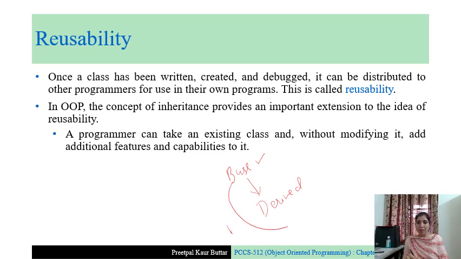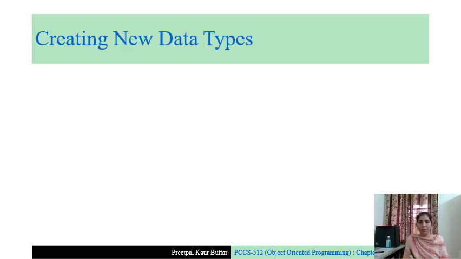All the features and capabilities of the base class are actually copied to the derived class, and the derived class also adds its own new features. So this is inheritance, and through inheritance we are implementing reusability, because we are not writing the derived class from scratch. We are copying some of the features from a base class and adding some new features to it.